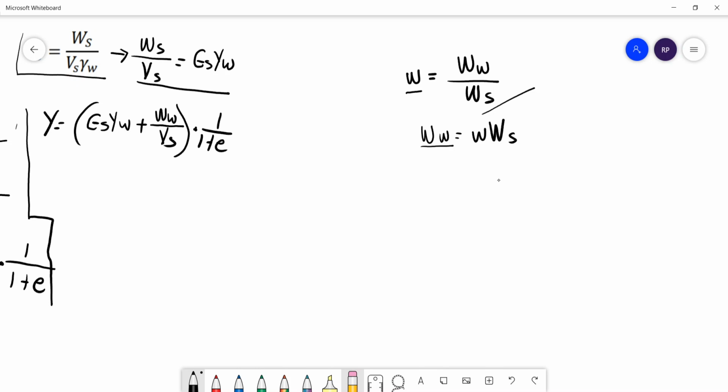And then, gamitin natin to dito. So, lalagay ko siya dito. So, rewrite natin ulit. So, that is GSYW or gamma W. Natawag ko lang siyang Y para madaling sabihin. Okay? So, WW, that is W, moisture content, multiplied by